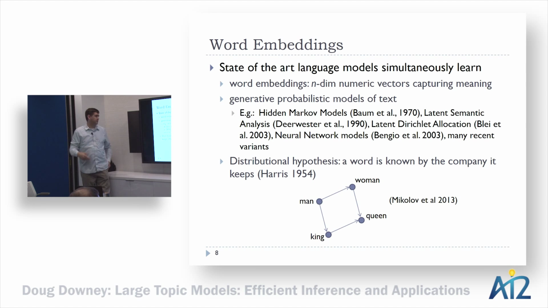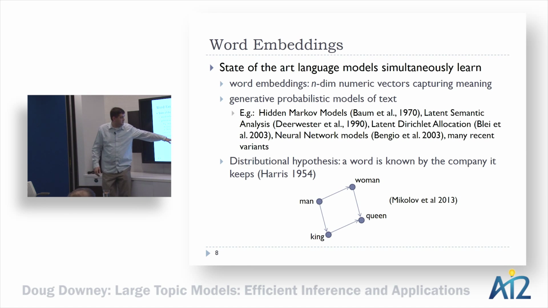Now here's something that, even though you've heard of word embeddings, you may not know. This idea is actually as old as the hills. In particular, hidden Markov models: the Baum-Welch unsupervised algorithm for learning hidden Markov models does exactly this, and it was invented in about 1970. Although it doesn't come up a lot in discussions of word embeddings, which I think is a little bit unfortunate, it really is, as far as I know, the first sequential model for learning a probabilistic model of text that uses these projections to n-dimensional space.